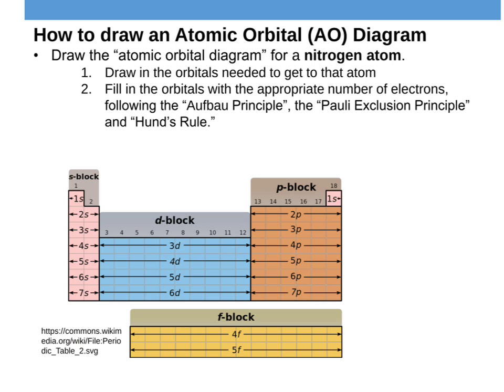To draw an atomic orbital diagram, I've already shown you some in previous videos, but you just need to say what orbitals are needed to get to that atom on the periodic table, and then you fill that in with the appropriate number of electrons. So in this example, I am doing a nitrogen atom. So I'd look on the periodic table. I know that nitrogen's right here. Let me draw this in black. I know nitrogen's right here